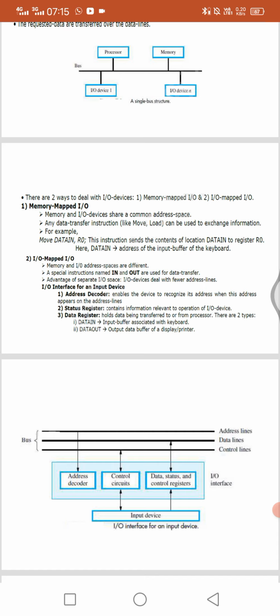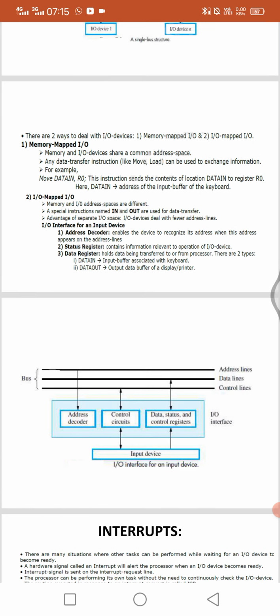Coming to memory mapped input and output: memory and input and output devices share a common address space. For mapping, both memory and input and output devices share a common address space only. Any data transfer instructions like move and load can be used to exchange the information.